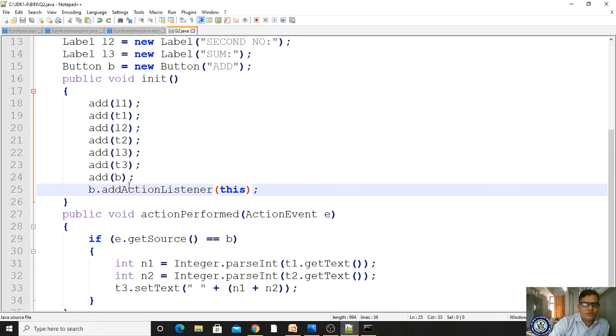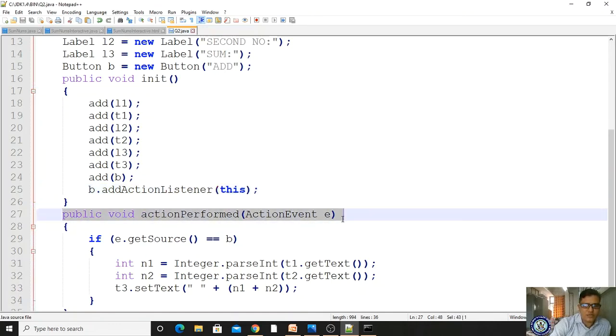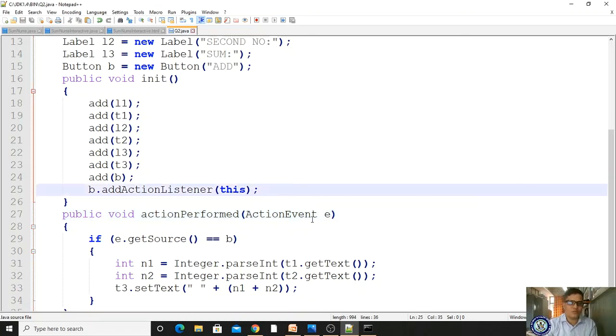So if this addActionListener has to execute, you have to write the public void actionPerformed(ActionEvent e) method. It is compulsory. This is the event handler, and that is the event source. So because of this event source, it will be executed.